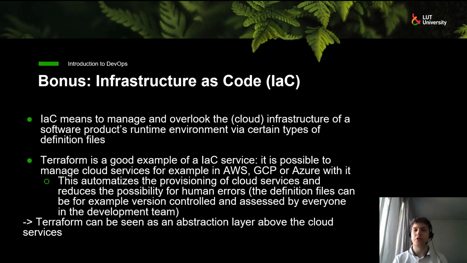Finally, I will present a new concept in regards of managing cloud software as a bonus material to this lecture. So, infrastructure as code, IaC, means to manage and overlook the cloud infrastructure of a software via certain types of definition files.